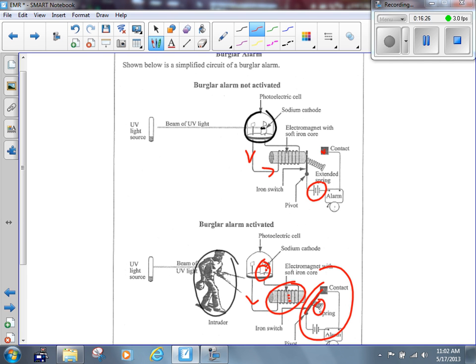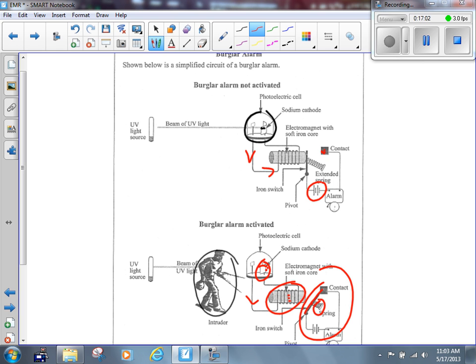What's the other thing? We're overlooking something here that's pretty obvious. If the threshold frequency was below ultraviolet, then it would be somewhere in the range of visible light or even lower. If the threshold frequency was infrared or visible light, what would the guy have to do in order to bypass this? Turn the lights on. All he has to do is turn the lights on. The visible light from the lights would be above the threshold frequency and would cause these electrons to be ejected from the sodium cathode.